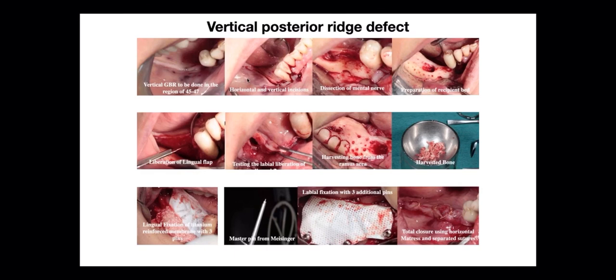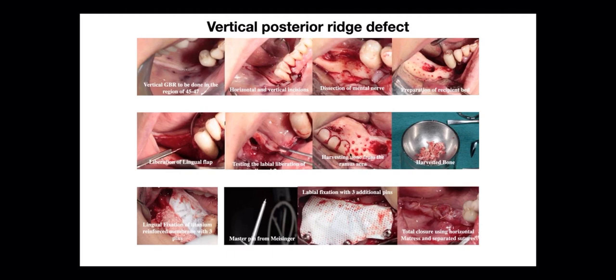first, of course, we have to do horizontal and vertical incisions. We have to dissect the mental nerve. Always dissect the mental nerve. We cannot leave it without dissection because the flap will not close over the regenerated area. We have to prepare the reception site by removing all the soft tissues and doing those small holes in the bone. We have to liberate the lingual flap to be able to make it more coronal, 10 to 15 millimeters. Yes, 10 to 15 millimeters. We have to test the labial liberated